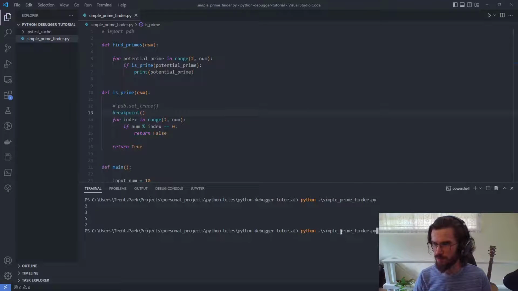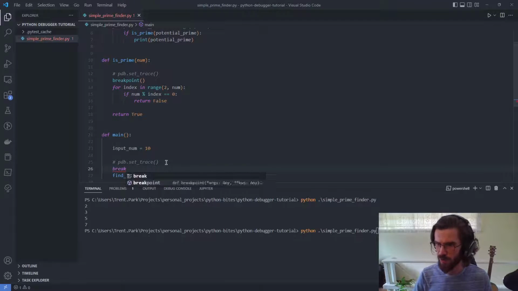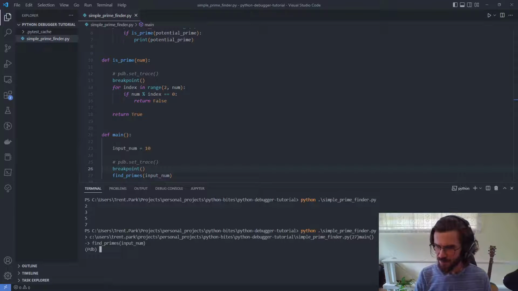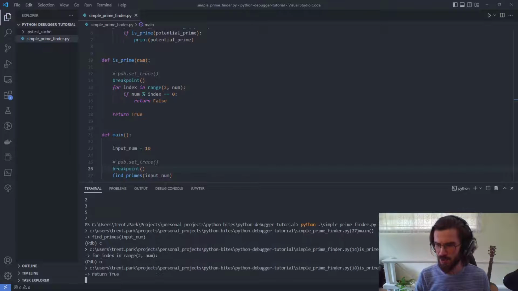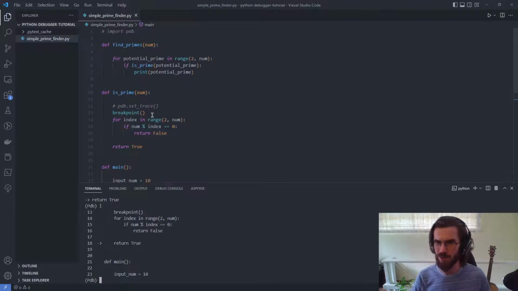I'll just prove to you that it works as we expect. Actually, let's put a breakpoint where we had pdb.set_trace before. This is just more of a note than anything else. So there we go. It enters the console as we expect. We can use the same commands to continue: n for next, l for list. It's effectively the same thing. There's just a more convenient keyword now, so we don't have to import pdb. But we're still stuck with our